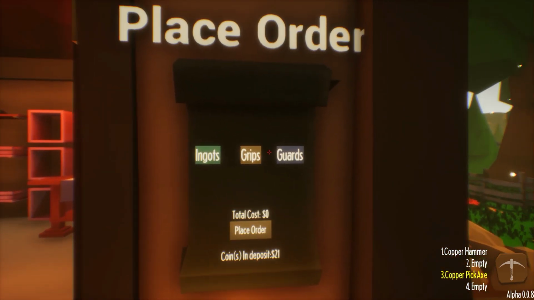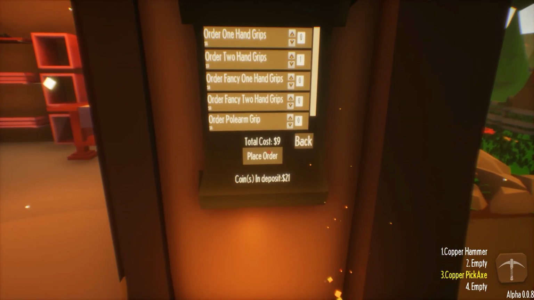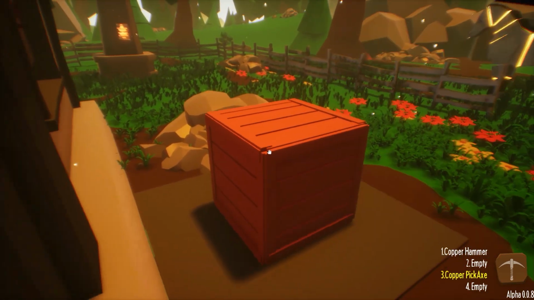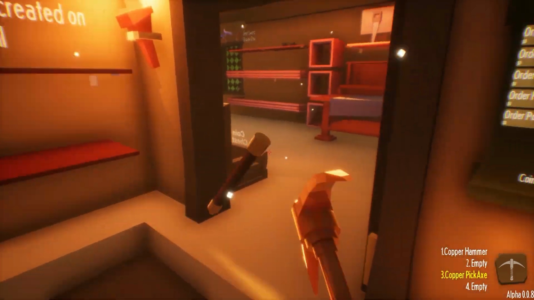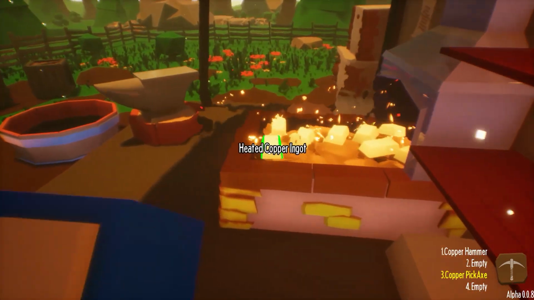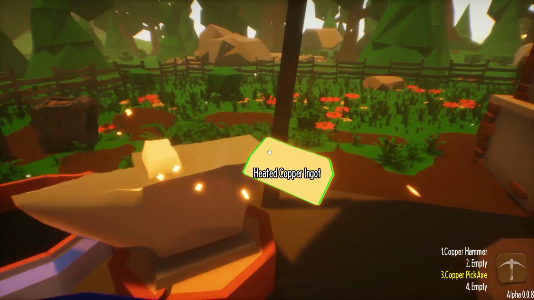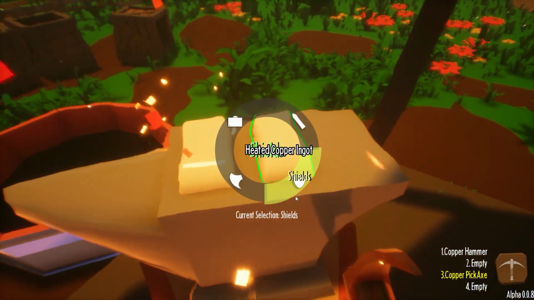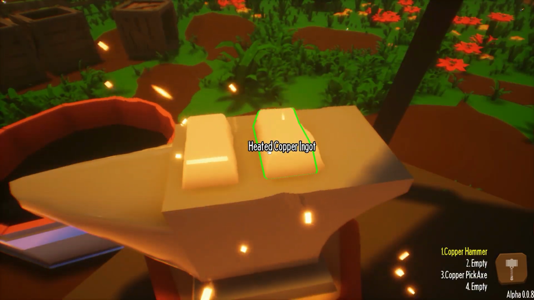So let's buy a grip here. And I'm going to order a 2-handed grip. Perfect. So we have this nice little 2-handed grip. Go ahead, set this on the workbench. This is where you assemble all of your tools. We're gonna grab some copper ingots. There we go. All right, hold Z, bring up our menu, and we're gonna craft an axe using this hammer,